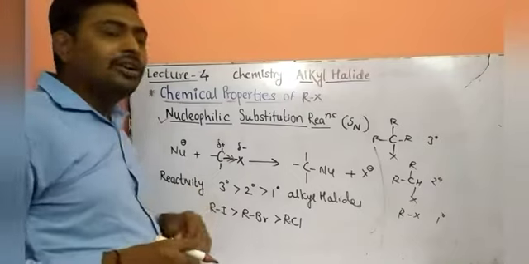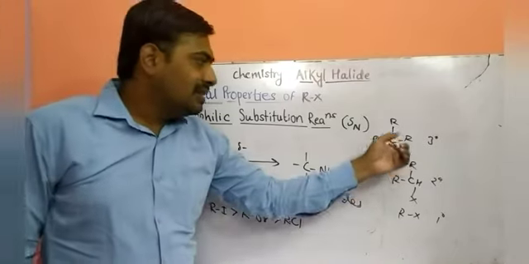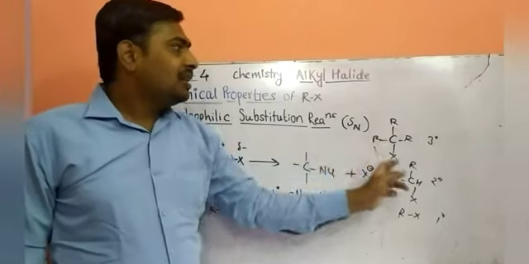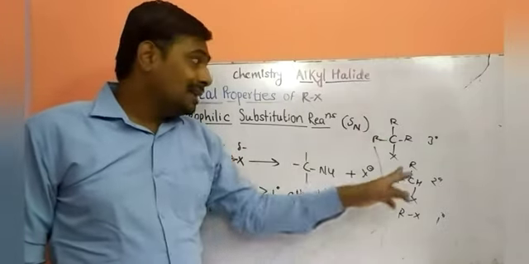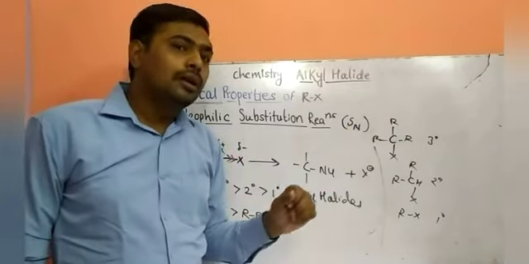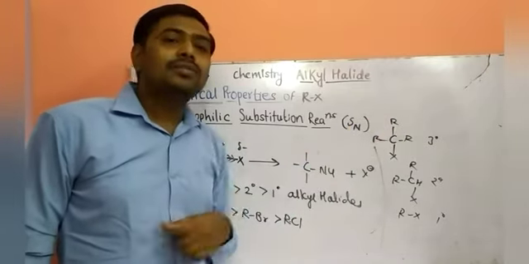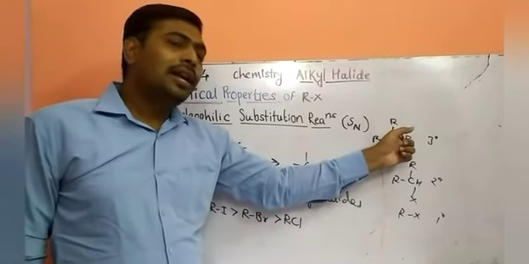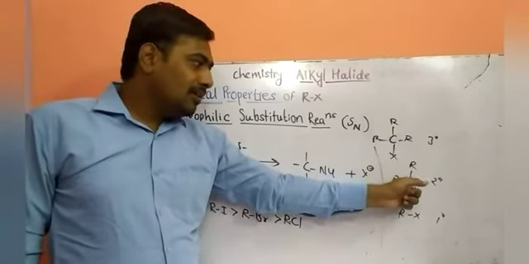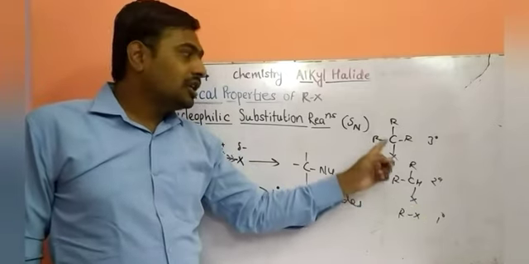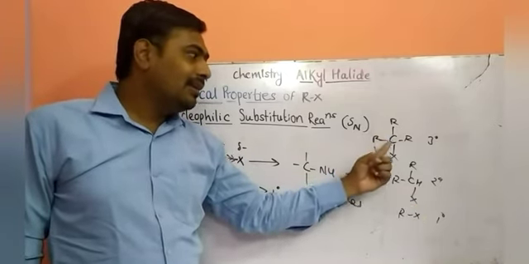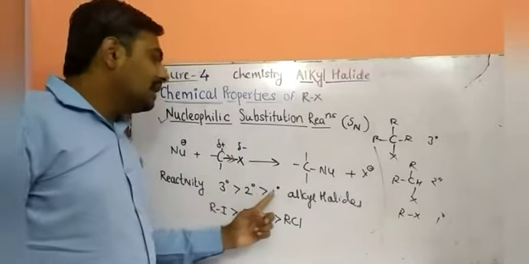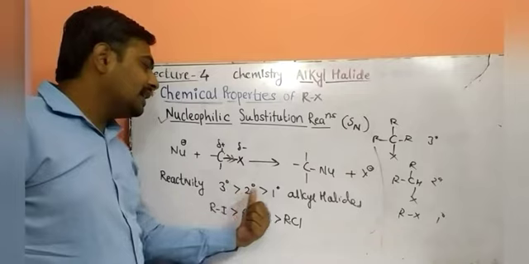Let's discuss the reactivity of different alkyl halides. As we already discussed, this is the tertiary halide, this is the secondary alkyl halide, this is the primary alkyl halide. The tertiary alkyl halide has a more bulky structure. As the molecule is crowded and bulkier, it develops steric hindrance, so obviously the molecule has less stability. This molecule has more stability. So the tertiary molecule has less stability with high reactivity as compared to the secondary and the primary. So the primary is less reactive. Tertiary is more reactive than secondary, than primary.